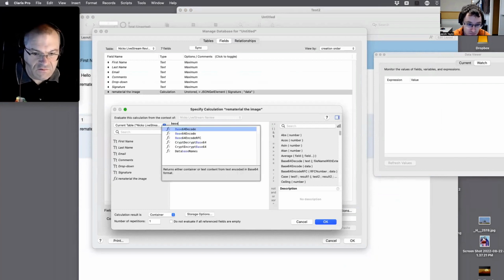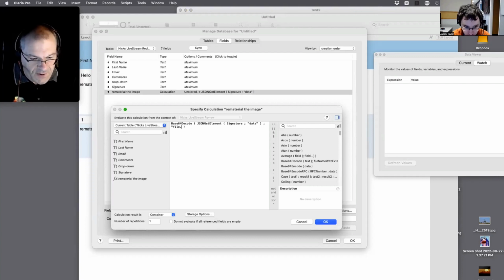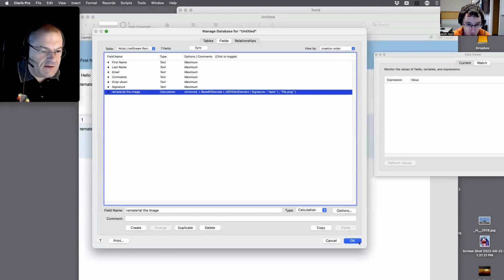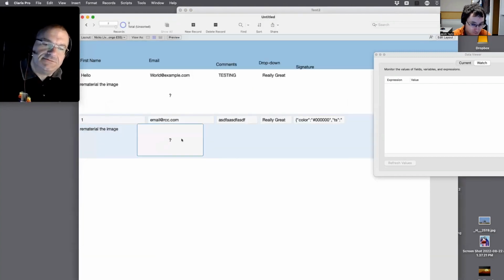Okay, base 64 decode. Then we need to add a file name, the semicolon, and then it's file.png. PNG? It doesn't matter. It's so that it knows it's a PNG. I think that's why it's not displaying it right the other way.